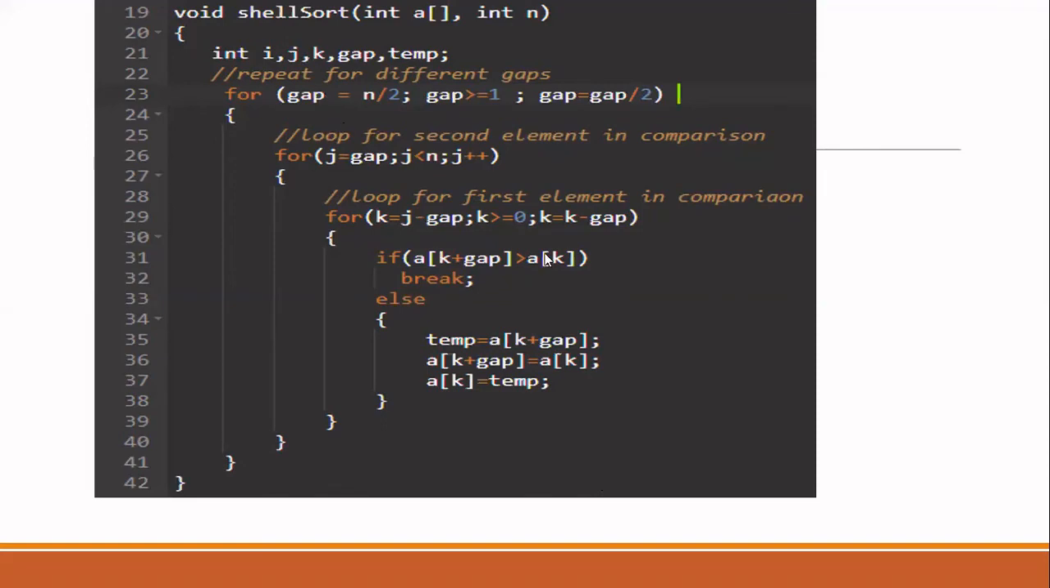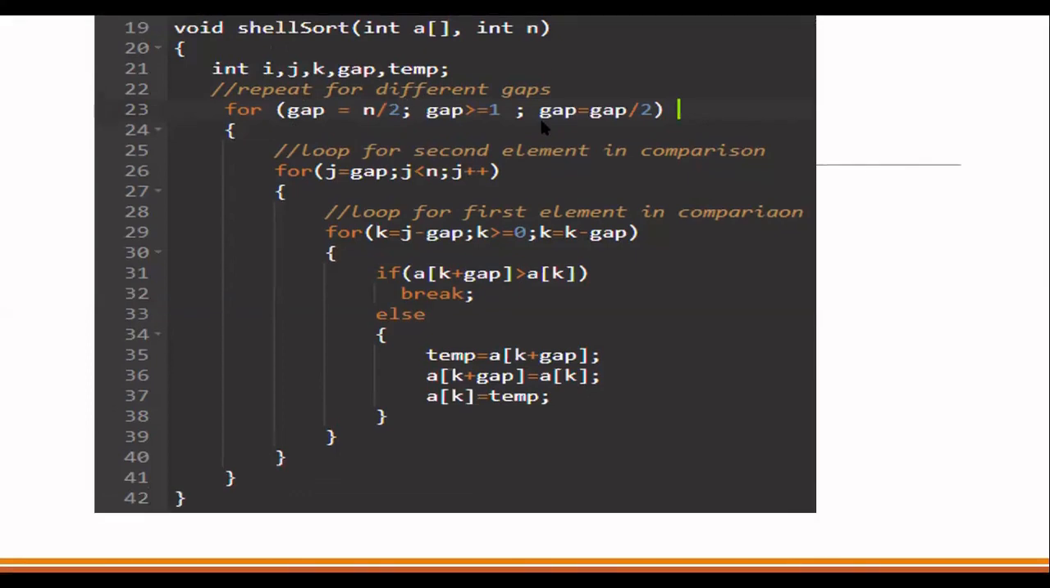I told you when you start the algorithm, you are going to set the gap as n by 2. So in the first for loop, the initial value is gap is equal to n by 2. And every time for the next pass, you are going to divide this gap by 2. So you can see here the third one, increment decrement, is nothing but